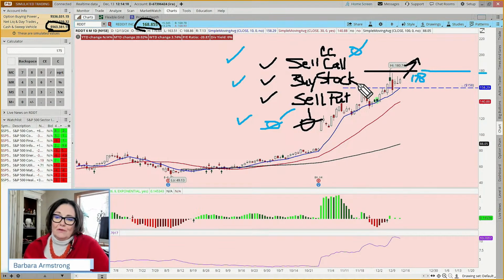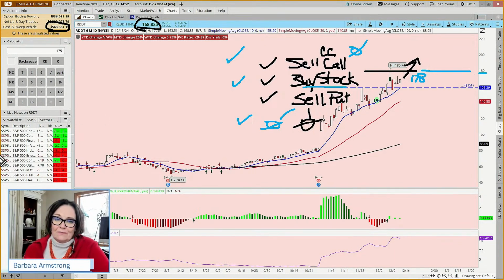Then what might we do? Well, we could just liquidate the position, or we could say, you know what? This worked out nicely. I'm going to wash, rinse, repeat. I'm going to do this again. Somebody's asking, could we do this with a long call instead of with the shares? Yeah, we could. But then it wouldn't be a covered strangle. Well, I guess maybe it's a long call strangle. But with this particular trading strategy, we're doing it with the stock.